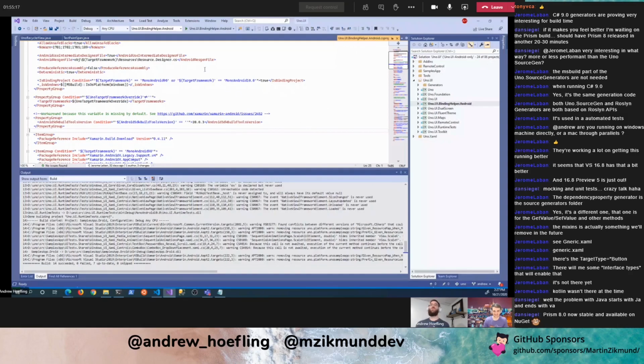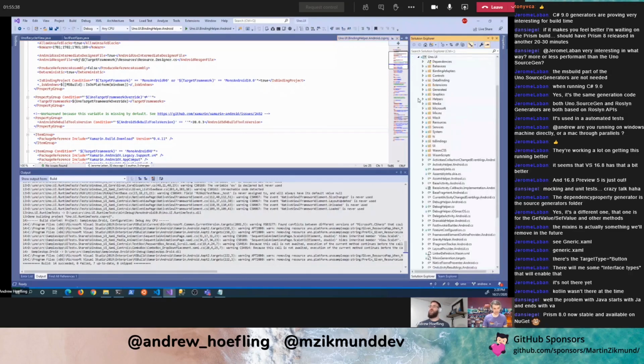All right. So we were looking at the binding helper Android stuff, and we were talking about how that was in Java, and we just got the Android project to build with no errors, which is good. So what I wanted to do is take a look at how the UI works. We were just looking at image for Wasim, right? Yeah. So if I go under UI,